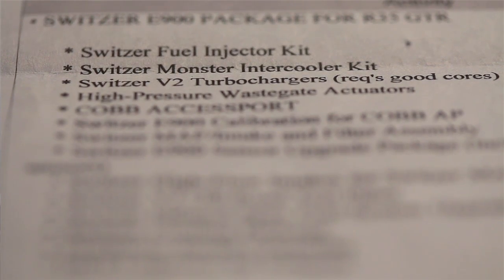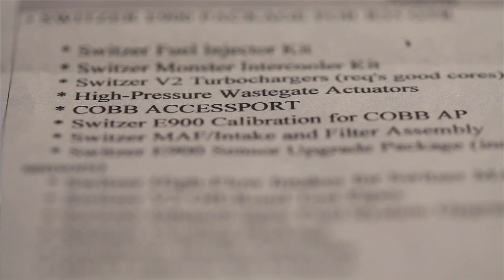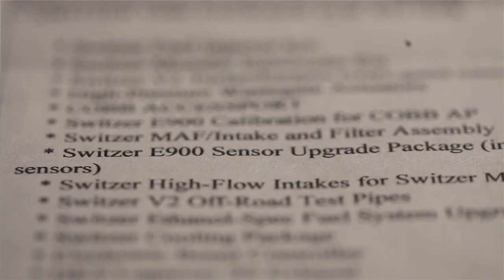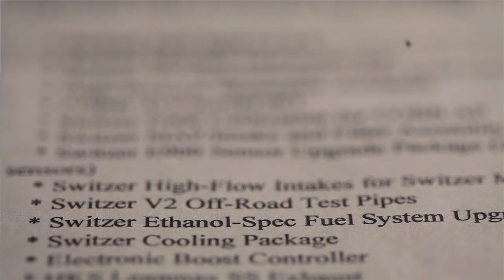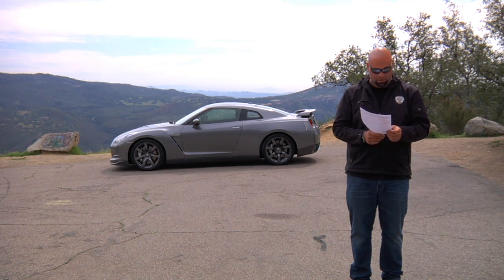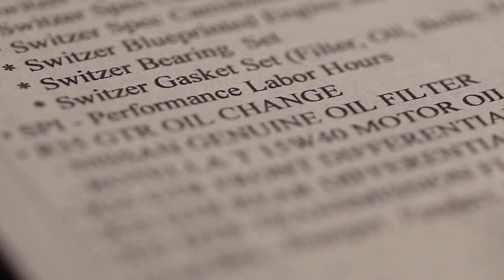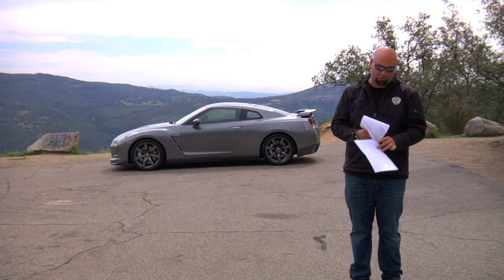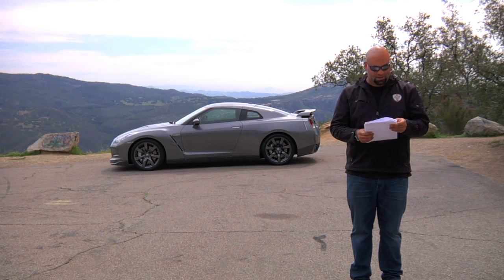Switzer fuel injector kit, Switzer monster intercooler kit, Switzer V2 turbos, high pressure wastegate actuators, Cobb Access Port, E900 calibration for Cobb Access Port, mass airflow meter intake and filter assembly, E900 sensor upgrade package, high flow intakes, V2 test pipes, ethanol spec fuel system upgrades, Switzer cooling package, electronic boost controller, HKS Legalmax SS exhaust, PPG first gear set, Dodson clutch upgrade, Dodson front wheel drive retainer, Dodson mechanical locks 1 and 2, O-ring and seal upgrade kit, oil